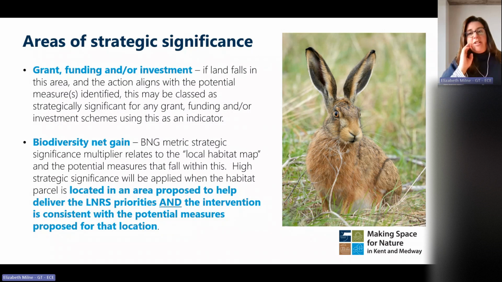A second purpose of the strategy is to denote the areas of strategic significance. So the areas of strategic significance are effectively the local habitat map. Where a potential measure falls within areas that could become of particular importance for biodiversity, this indicates potential measures that may be considered strategically significant. So if land falls into that area and the action aligns with the potential measures identified, this may be classed as strategically significant for any grant funding and or investment scheme that's using the local nature recovery strategy strategic significance